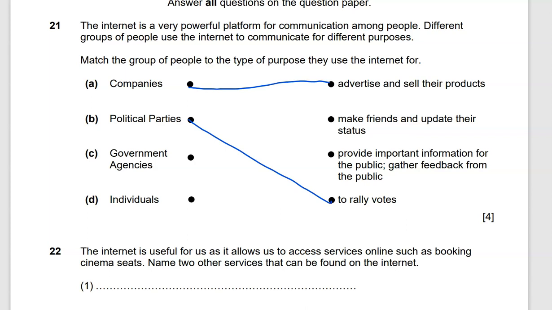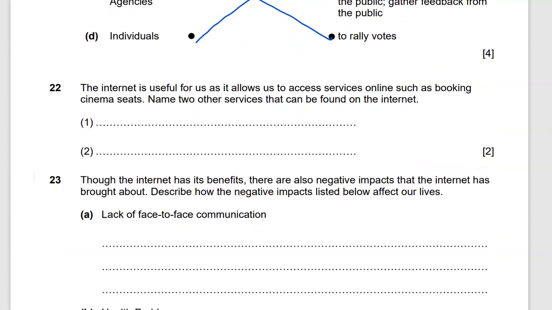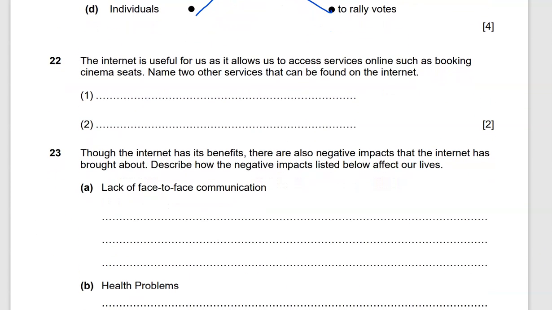Government agencies like the Ministry of Education and the Ministry of Health would use the internet to provide information for the public. And individuals will use the internet to connect with friends. So number 21 is done. Number 22, the internet is useful for us as it allows us to access services online, such as booking cinema